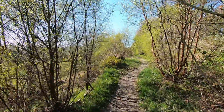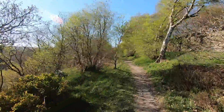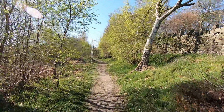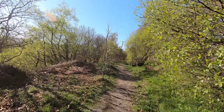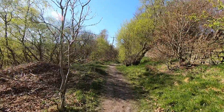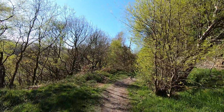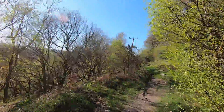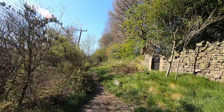These woods are, for the most part, natural growth, but they're not old. Most of the trees here aren't much more than 100 years old, and there's not much information available on why that is, so I can suppose, and I can guess, and what I think is that the mills down in the valley bottom felled most of the previous woodland as fuel for steam power. Some of it would have gone for construction and firewood for local inhabitants, but the mills that were built during